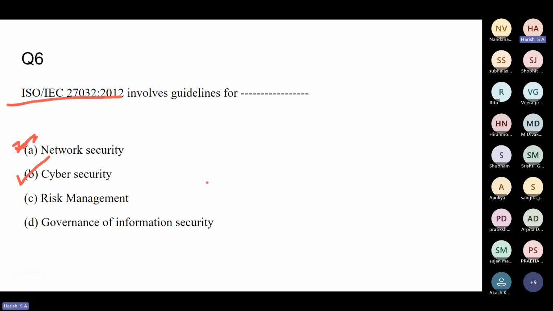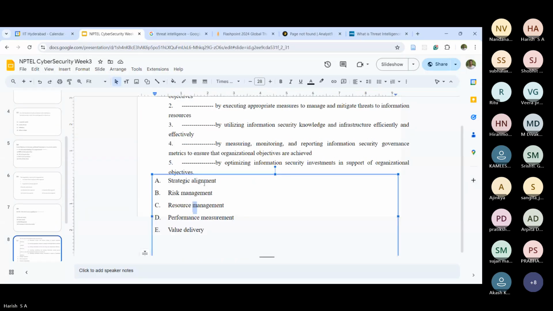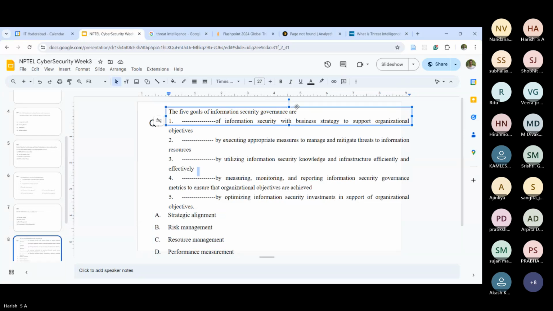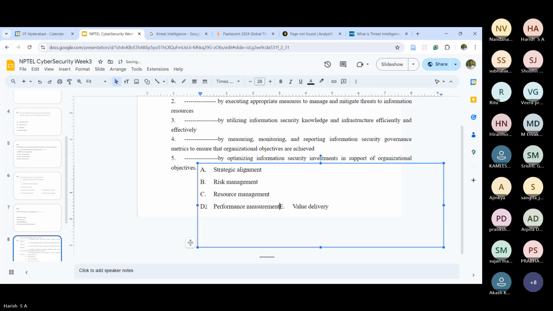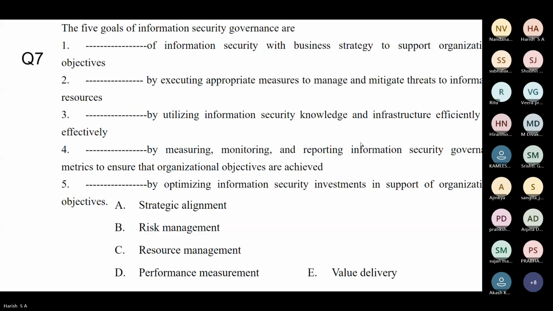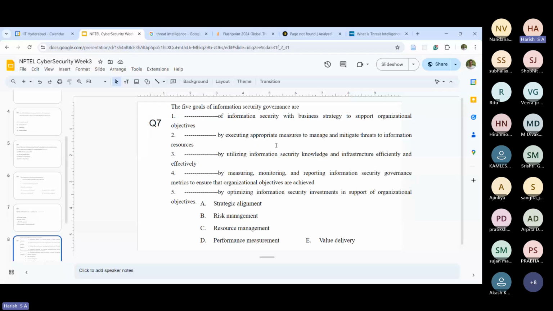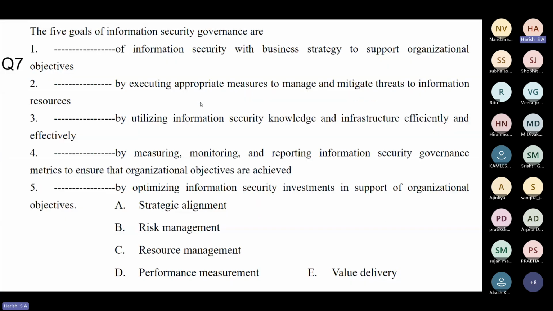So the answer is B. Okay, so the five goals of information security governance are, I hope you're able to see the screen. I'll just match the answers.